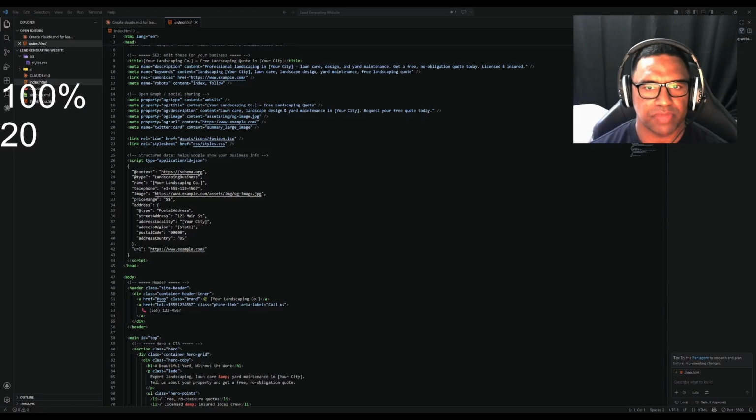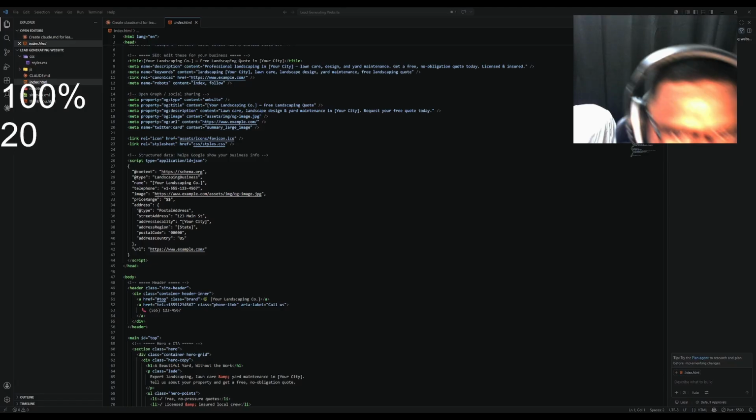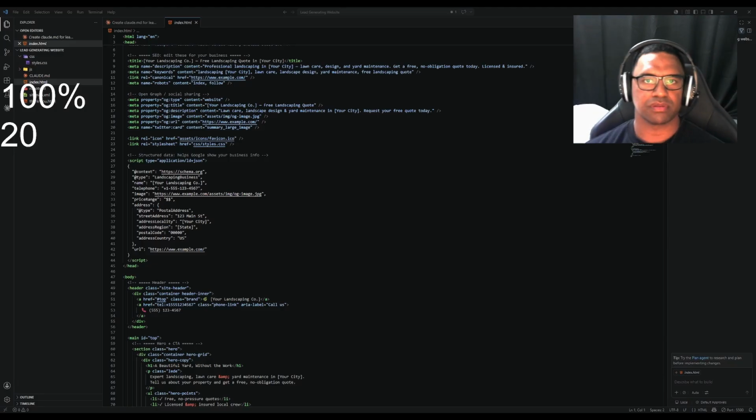This is basically the template used. A beautiful yard without the work. Expert landscaping. Close this real quick. And tell us about your property and get a free quote. So now we're going to play with this even more. We've just created the skeleton